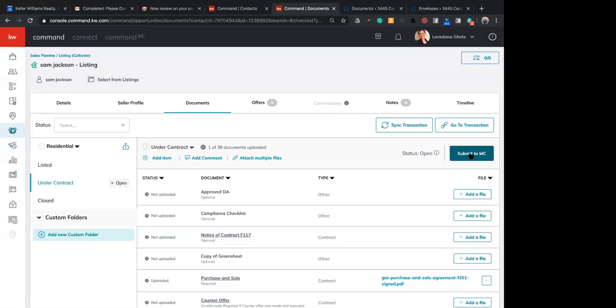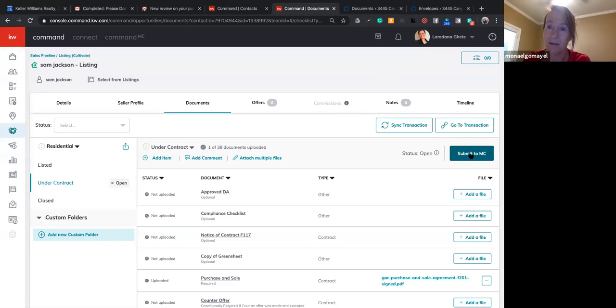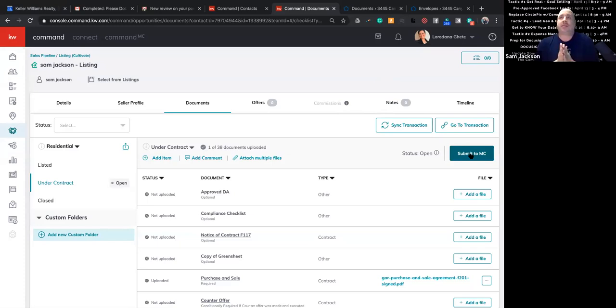Isn't sync once we have a contract we're binding? And probably through due diligence. You're probably going to sync and submit to the Market Center several times. You're going to do that whenever you get a listing. You're going to do that whenever you go under contract. And the goal here is that we really, really want to prevent what we've done in the past where we